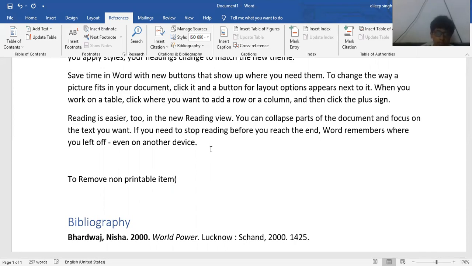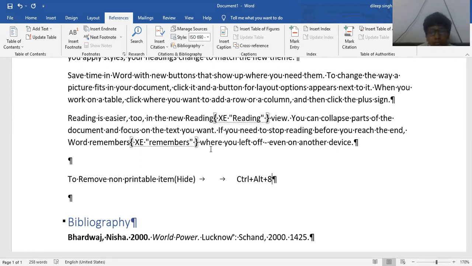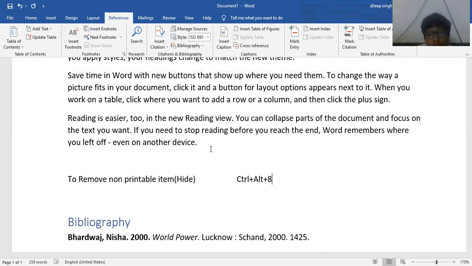You can also say hide non-printable items. The shortcut key is Control plus Alt plus 8, 8 is a number. When you click there, and when you click again or press again, it will appear like this, and if you repeat this process, it will hide.